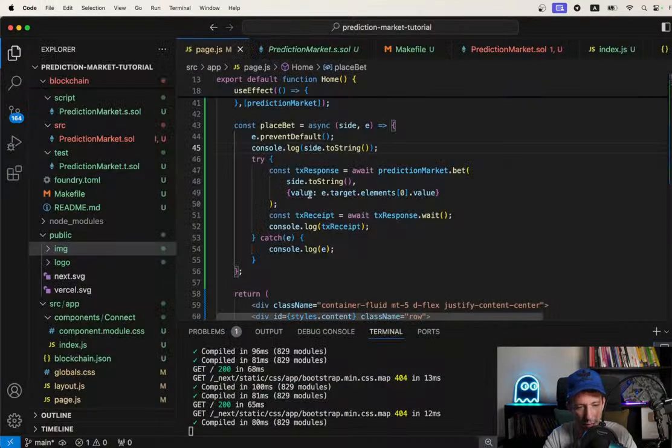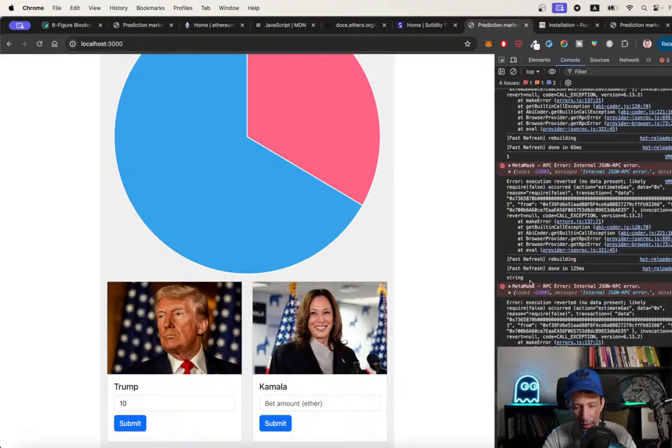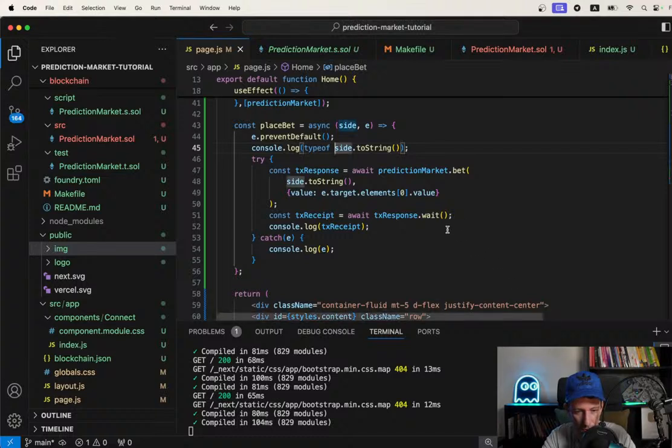Type of. Just want to make sure we do have a string. So yeah, this is a string, but it's still not happy. So, bet. Okay, let's try to read. Maybe. Okay. I think this one also is not a string. So